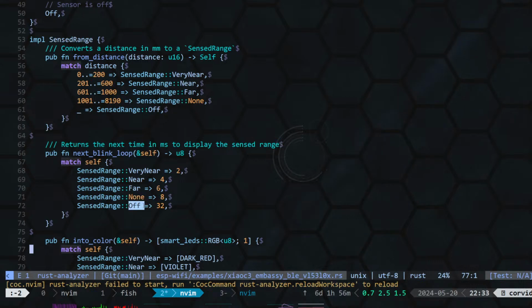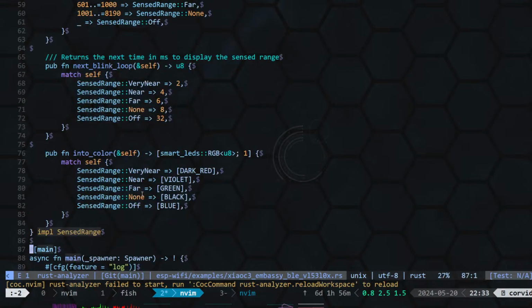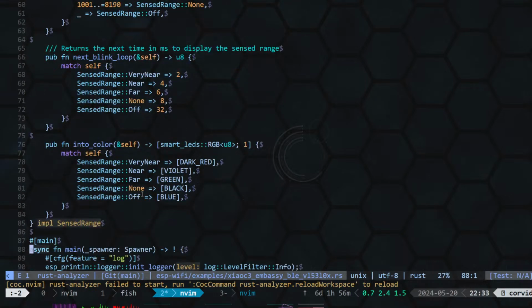The sensor can be off. For example, the sensor may be disconnected, maybe it's physically disconnected, or we had a problem with the I2C driver, or it is just misbehaving. We couldn't initialize it, so we also want to send this. This is different to none, because none means that something is out of range. So something is beyond